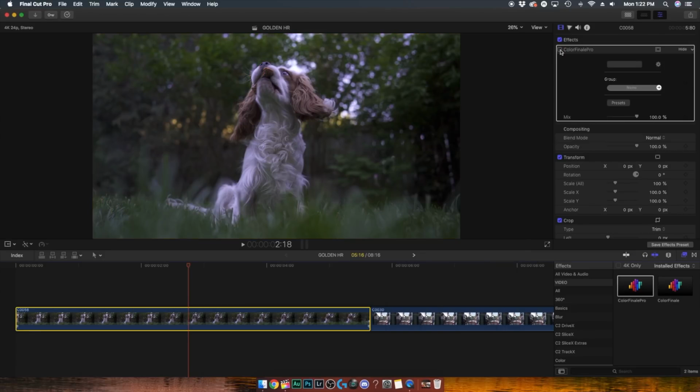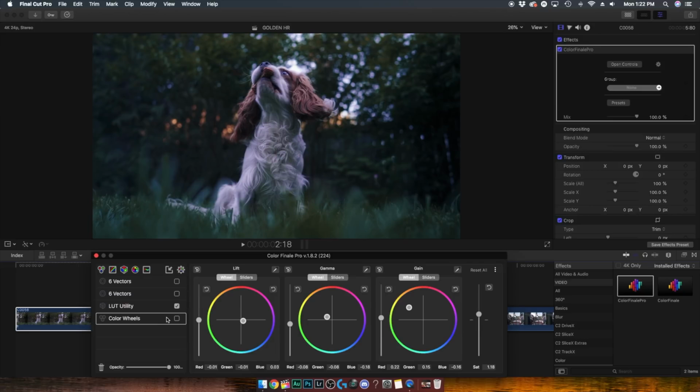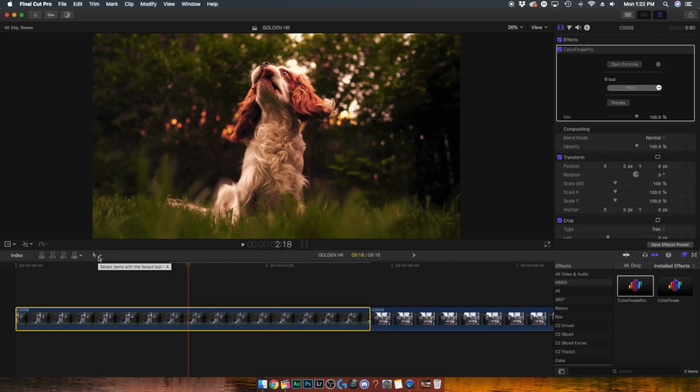So that is it for the color grade, and if we turn it off and turn it back on, you can see what a difference that has actually made. Here is what the clip looked like if we just added the LUT, and here it is after all of our corrections. But now let's move on to that second step, which is what really separates a color graded clip